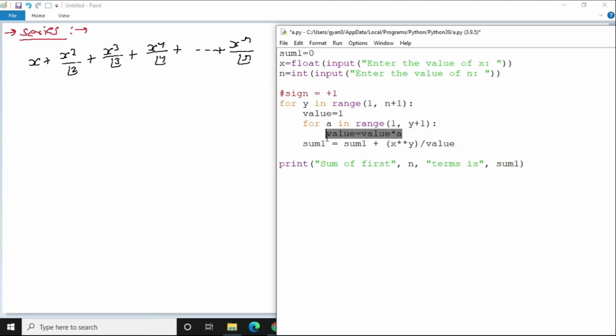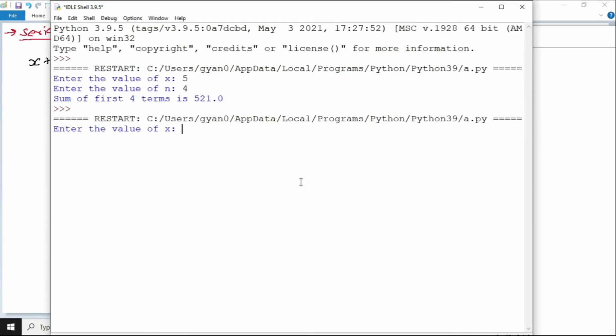And we are going to divide x to the power y by this value. Finally, we are printing sum of first n terms is sum 1. Now let's execute it. Run module, write the value of x, write here 4, write the value of n, write here 5, and here our summation is.